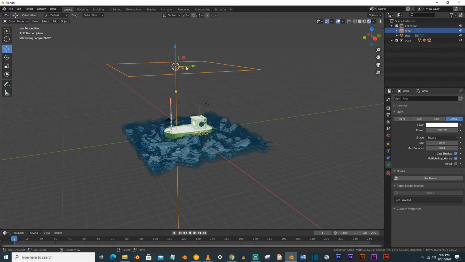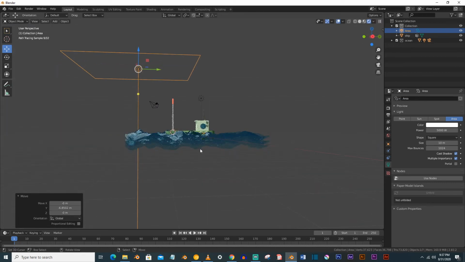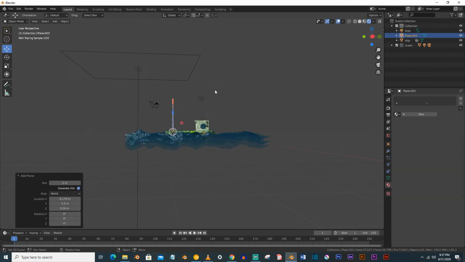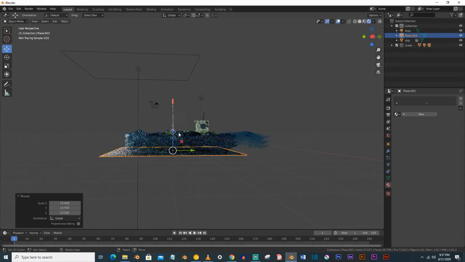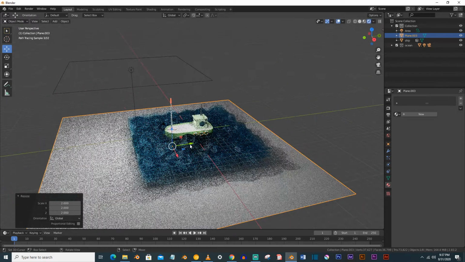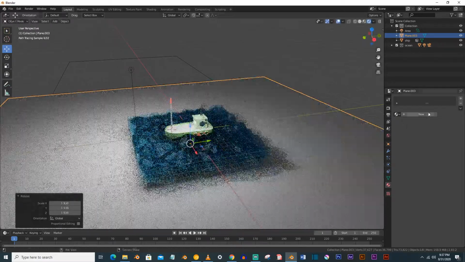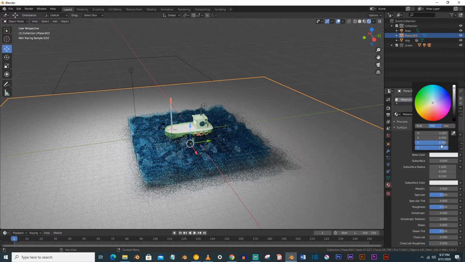What you can do, you can just quickly add 3-point lighting here, but first we will add a plane. S and 10, S and 2 for our background. Give it any color.